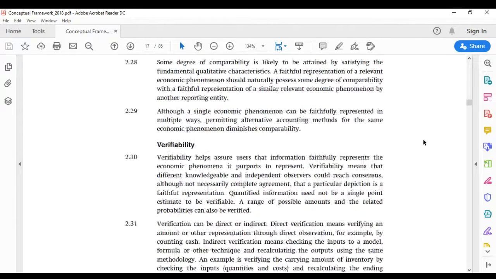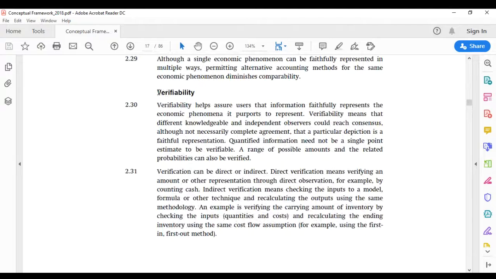Let's have a look at the next one, verifiability. You'll also hear the term verification a lot in auditing. Verification can either be direct or indirect. If we have a look at that second paragraph there, a typical example of direct verification is, let's say you purchase an item from a supplier,